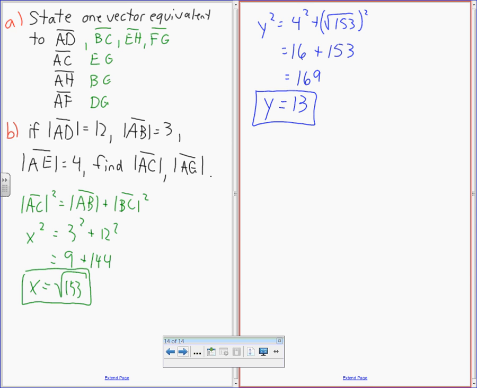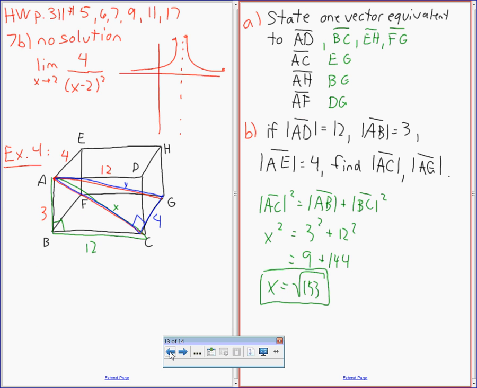Okay, the way I was going to do it, if you're saying you can't visualize the way the rest of the class can better than me, and I can take it. Okay, I can't, but I'm going to have to. If you're saying you don't know where that came from, the way I was going to do it was I was just going to find this distance along the top, and then go right down here. I guess that's the same rule though, right? That's the same idea, isn't it?